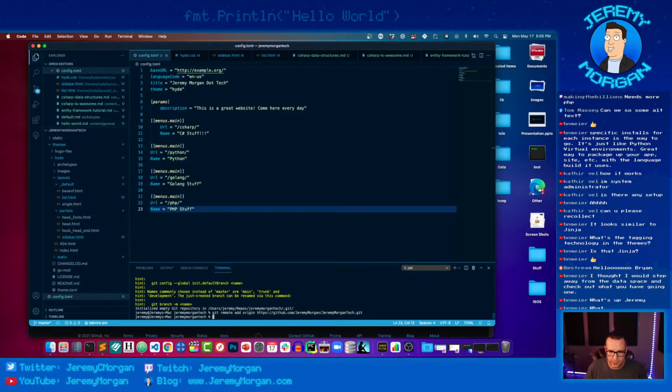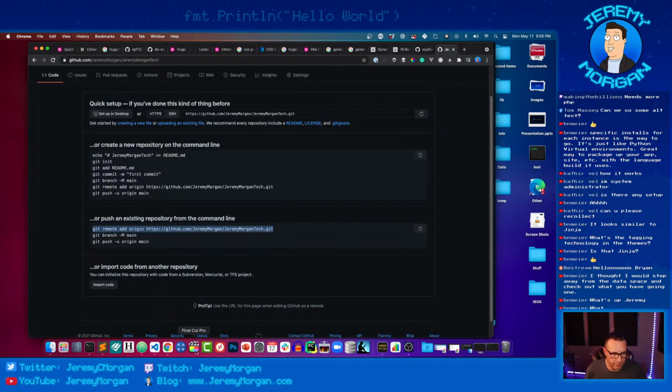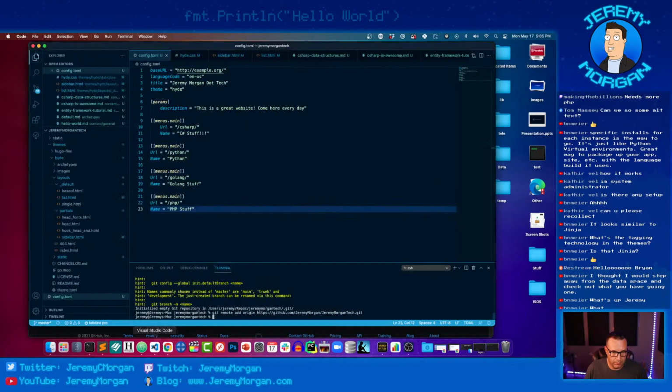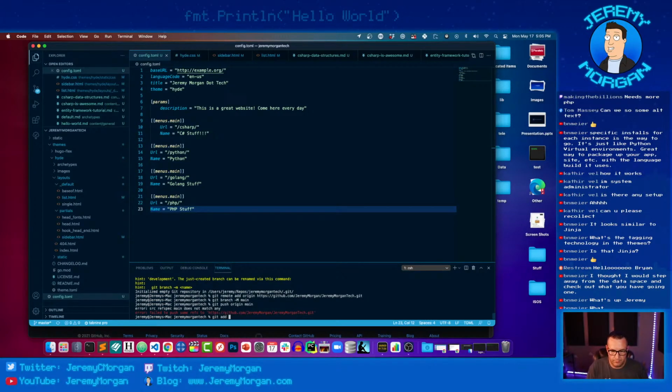Git remote add origin. And what else did it want? Oh yeah, it wanted me to branch it and then push it to origin main. So failed. And I need to